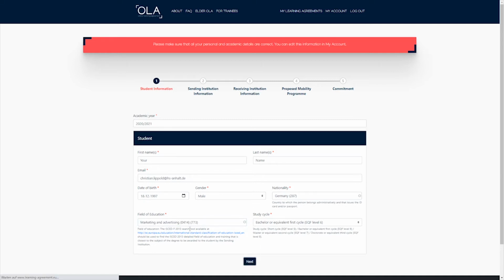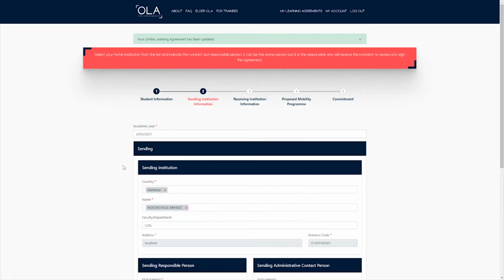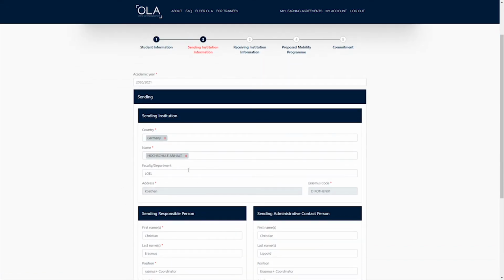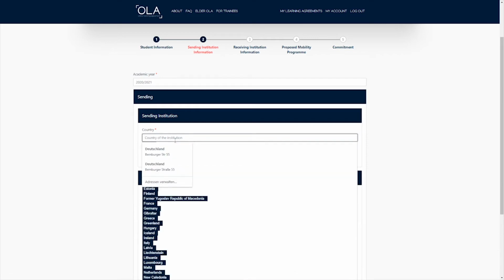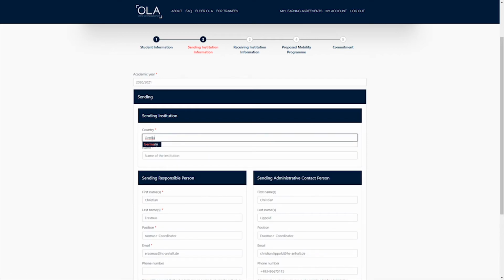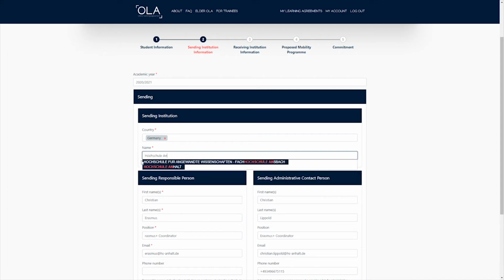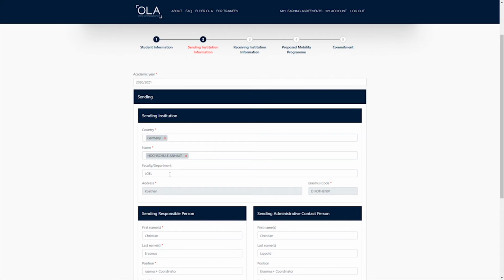And then it will have the information on the sending institution. Anhalt University and country should be there. If not, and you see an empty field, you add the country of our university, which is Germany, and then you say Hochschule Anhalt. Okay, you know which department you're studying in. For this example, I will show Department 2, Department of Economics. But it could also be Department 4, Design, okay? And after you've done that, you should see that